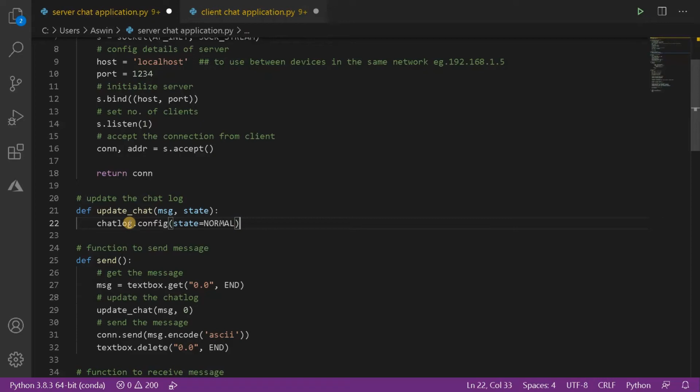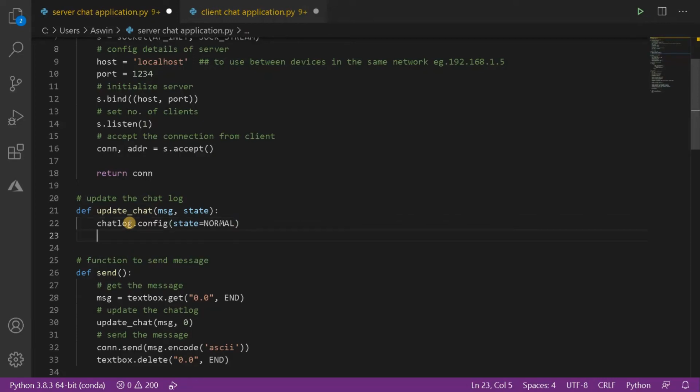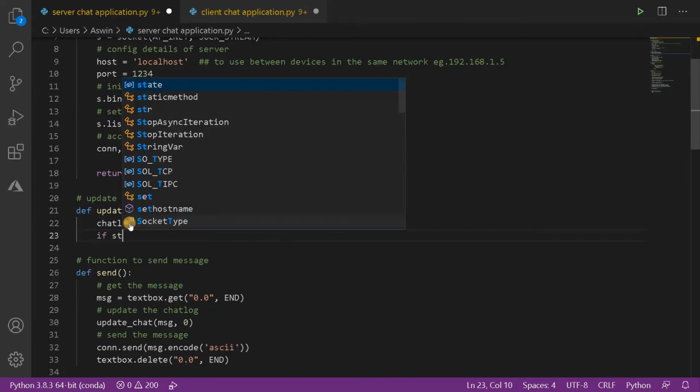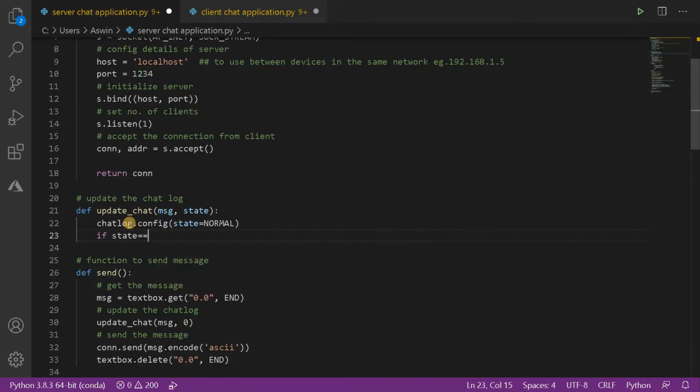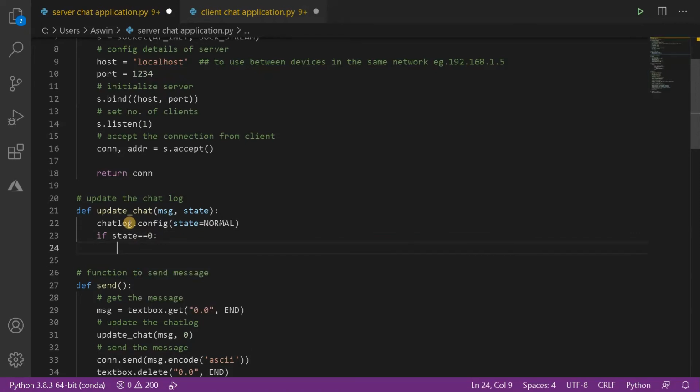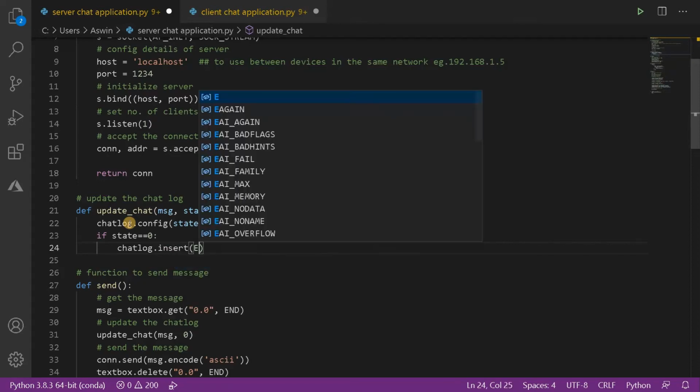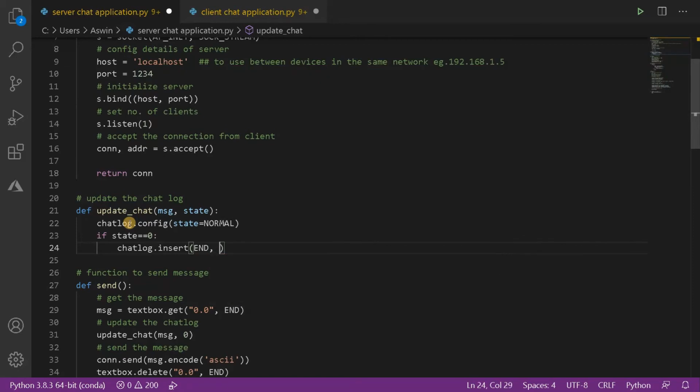Now we can interact with the chat log. Now if state equals 0, that means we have sent a message. So chat_log.insert, we will insert at the end the message that will be